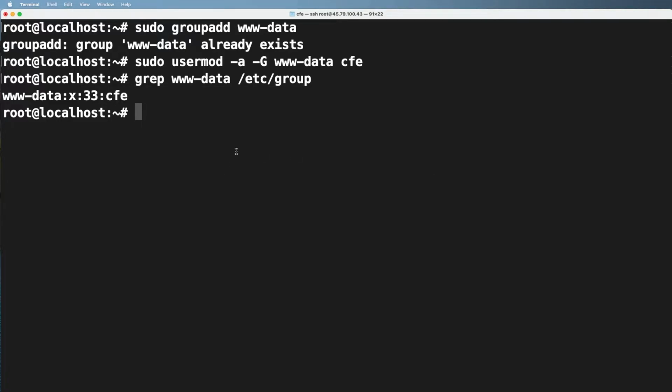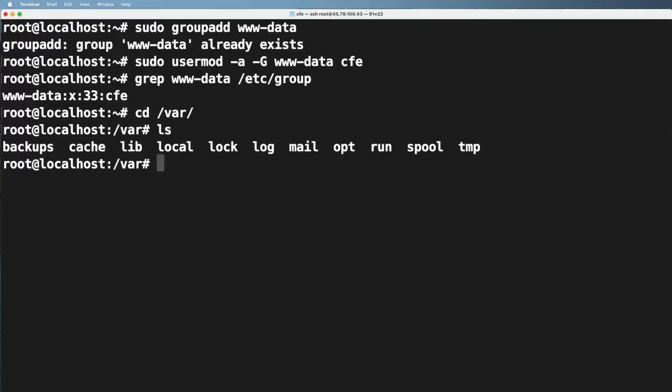Cool. So the next thing is we want to add some folders that our project is likely going to use. If we cd into the location of /var, this is where you'll often see project-specific folders. In our case, we're going to make a directory in here for www. We're going to make one for our Git repos, which we'll talk about later, and we'll also make a specific one for our logs. The reason I'm doing it this way is really to illustrate the purpose, whereas some of these other ones you could probably use in conjunction with our project. So let's go ahead and do our directories. First off is